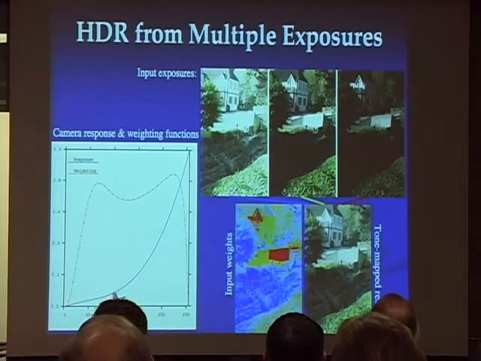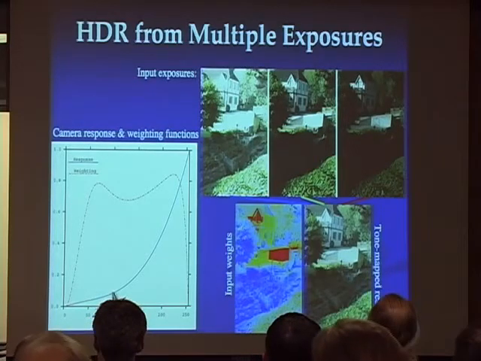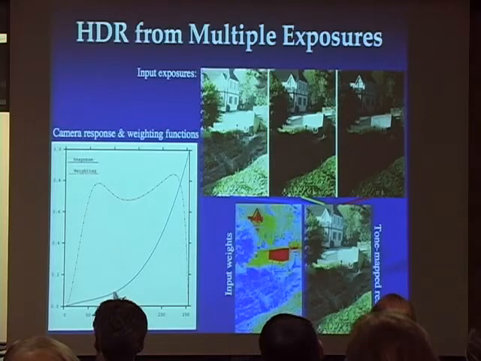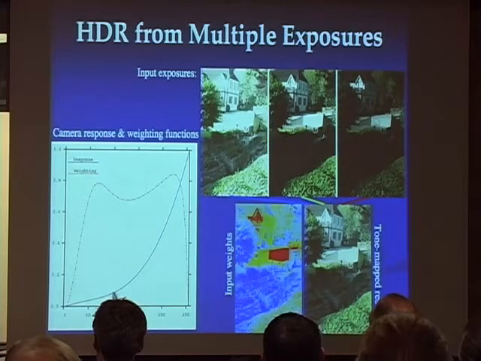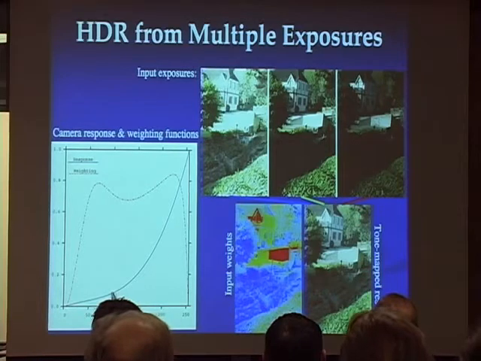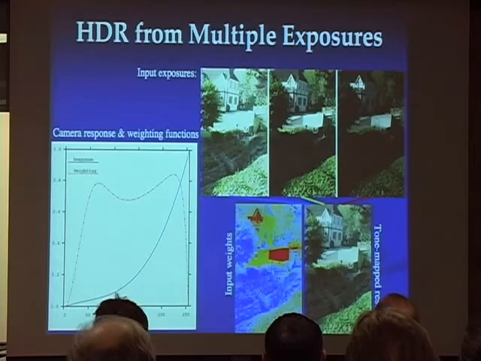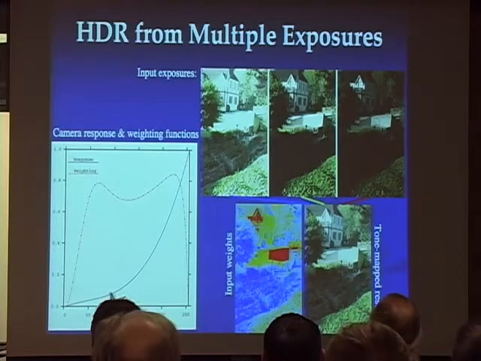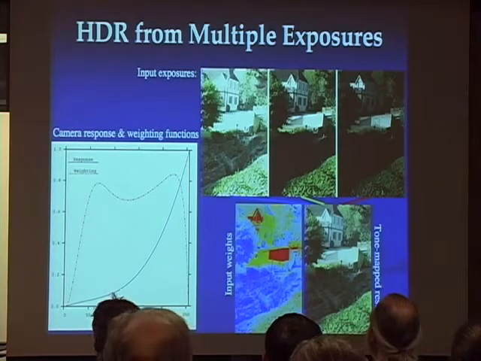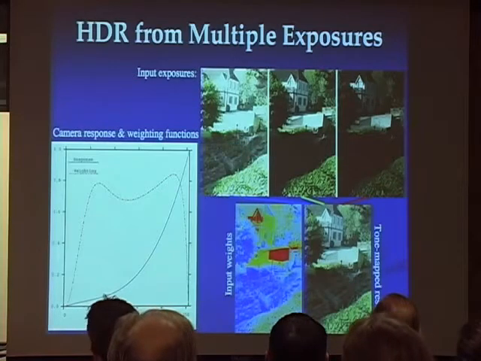It resembles a gamma curve, but it doesn't exactly fit a gamma curve, because actually, as many of you know, camera makers like to give their images a little more punch, a little more saturation and higher contrast. And so this curve doesn't exactly follow a gamma curve, but if you apply a gamma curve to it, you put this up on a standard display, you'll get an image with boosted color and contrast. So in order to linearize the color space, you really have to figure out what this curve is for your particular camera. And then the other curve shown here, which is a hat function specifically, I call it the Stetson hat function because that's what it looks like,